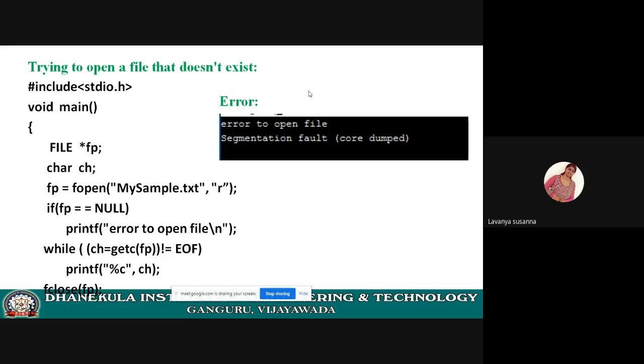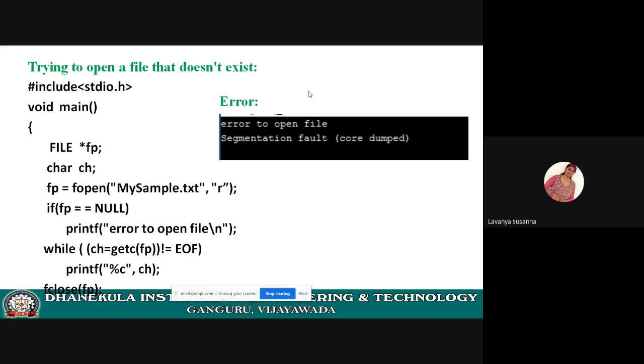something. Okay, see, my sample.txt is not present in your system. It is not present in your system, but you are doing some operations on it. Remember that if no memory is allocated and you are trying to do any operations on that memory, on that file or something, segmentation fault will be displayed.